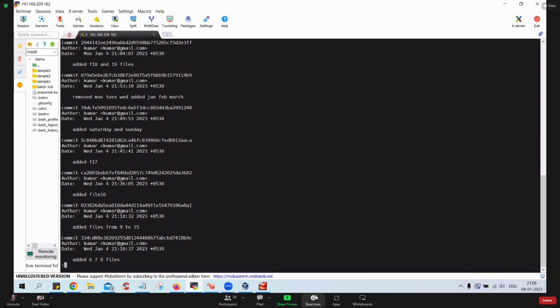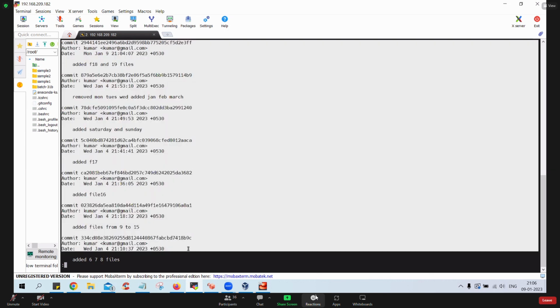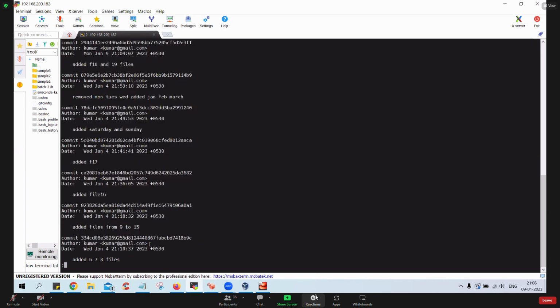At the top, you will have the latest data. At the bottom, you will have the oldest data, right? So you need to scroll down using the arrow keys. Once you receive a message that says end, it indicates that it's done with the data. And if you want to come out of this, you can use Control C, or